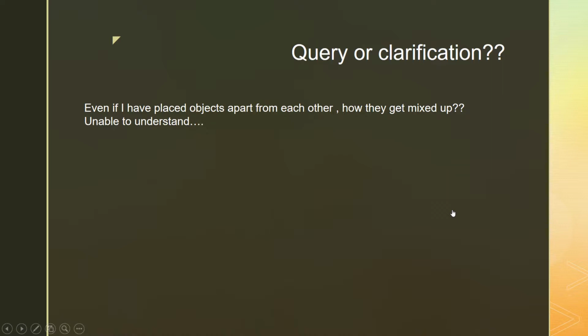Even if I have placed the objects apart from each other, how they are getting mixed up, I am unable to understand. And with this query or clarification, I have come to the concluding part of this demonstration.